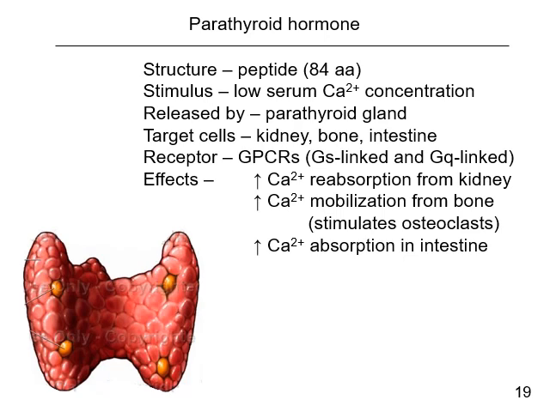Let's now turn our attention to calcium. We've talked a lot about calcium in this course. Calcium's required for neurotransmission. It's required for muscle contraction. It's required for bone growth. So we've talked a lot about calcium, and now we have to talk about how your body controls serum calcium levels